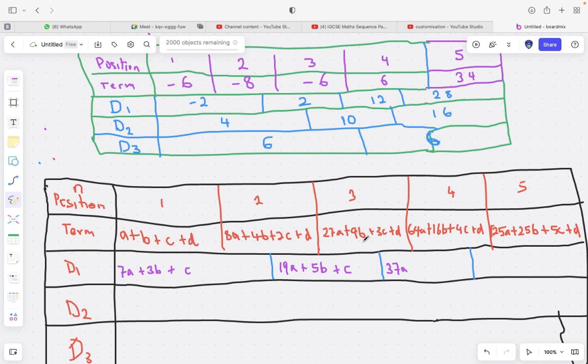60b minus 9b. 16 minus 9, that's 7, right? So we say plus 7b. 4c minus 3c, you get plus c. D minus d is 0, so no need for that value. Then the next one is 125a minus 64a. 125 minus 64, I think you will get 61a, okay, plus